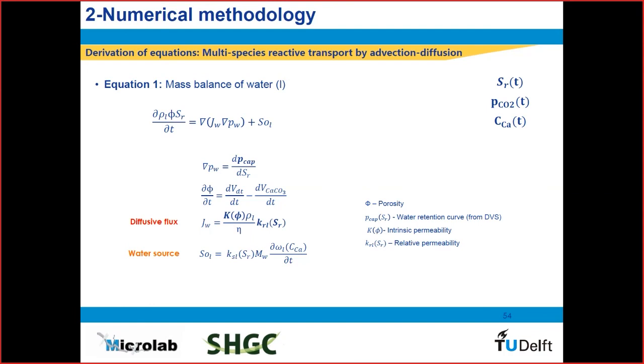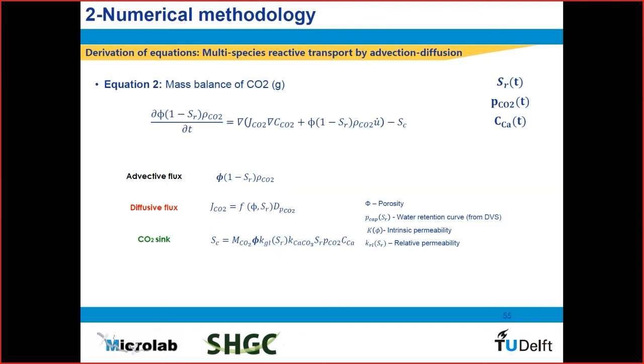What changes here with respect to what we were discussing before is that we have a source term. This source term is because when calcium and carbonate ions react to form calcium carbonate, water is produced, and this water adds to the moisture that is present in the domain at that time, and then we need to include that as well. Then we have the mass balance equation of the carbonate in gaseous state, and in this case